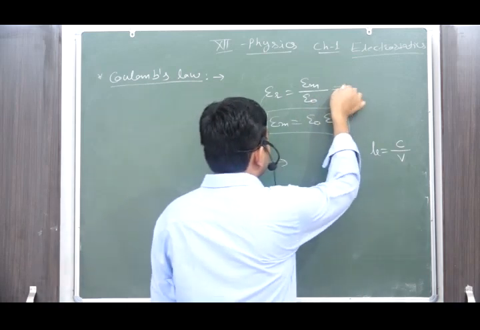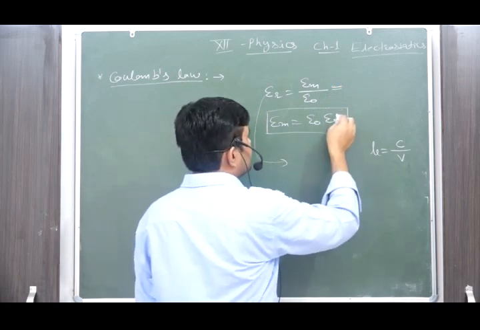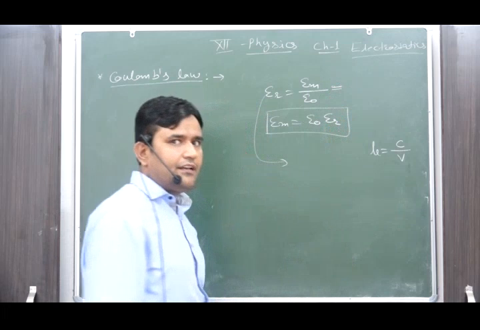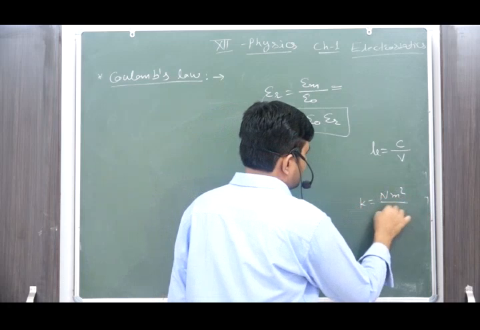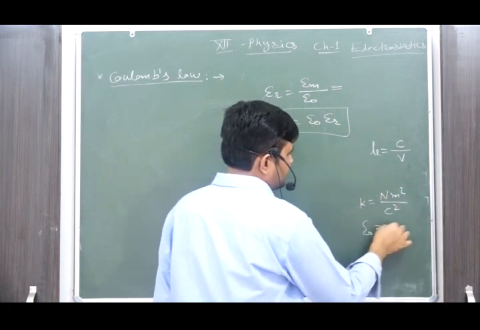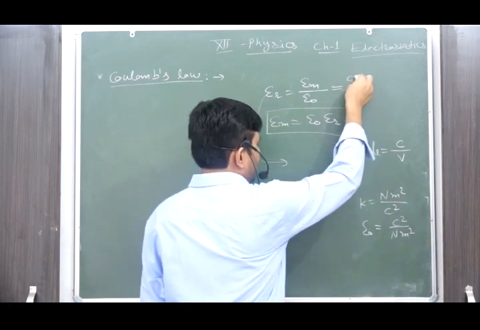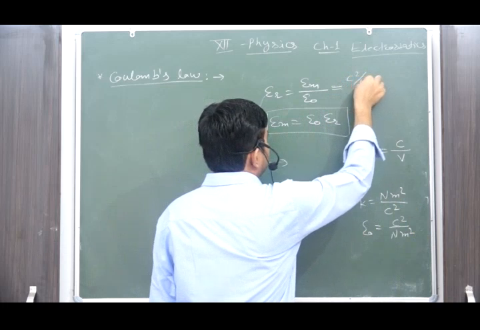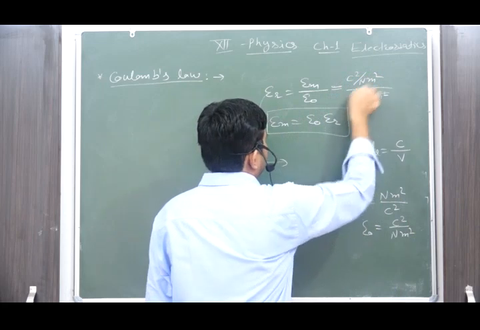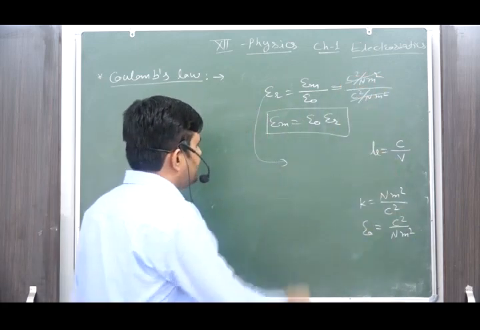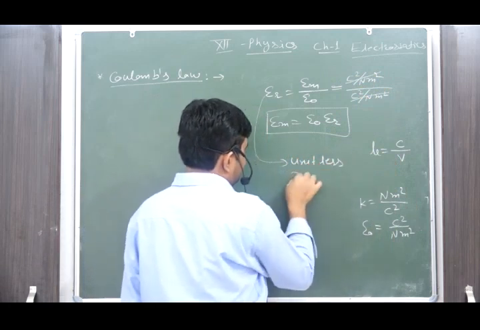of the permittivity is, what will the formulation be, the unit of the permittivity. The formulation we derived earlier, what was the unit of K? It was Newton meter square per coulomb square, and what was the formulation for epsilon naught? Coulomb square per Newton meter square. It means it is Coulomb square per Newton meter square divided by again Coulomb square per Newton meter square. Both then cancel out. It means it is unitless and dimensionless.